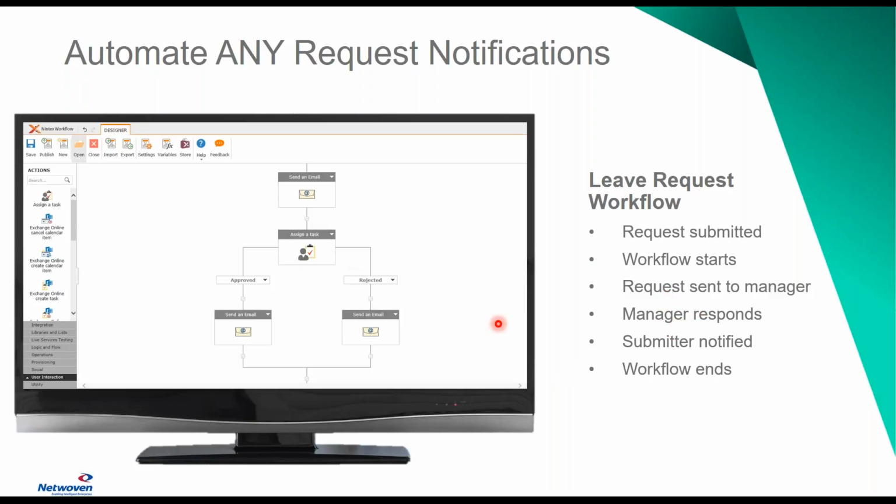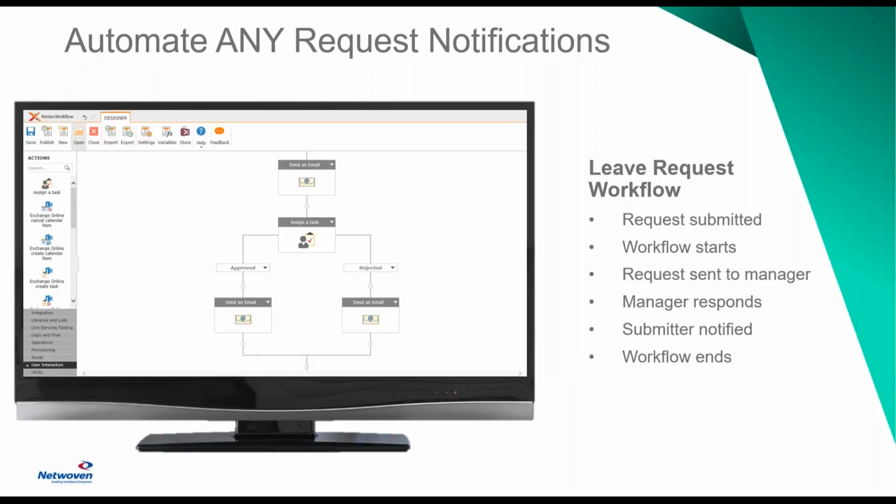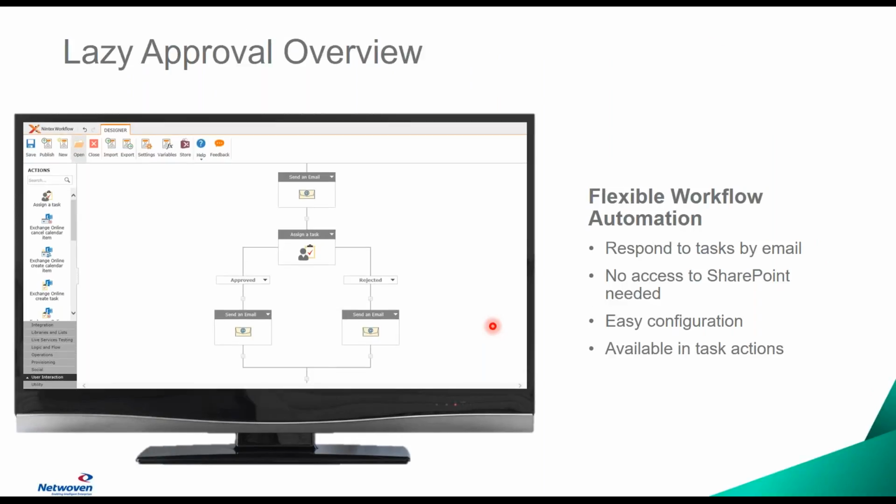This is pretty much your common workflow for a lot of different things that we try to do with Nintex, but we can get more complex. And before we get into the more complex scenario, let me talk about one other feature that you're going to love. There's something called lazy approval. What lazy approval does, and you notice the workflow is identical, is it's just a checkbox option in this assigned task, and I'll show that to you today.